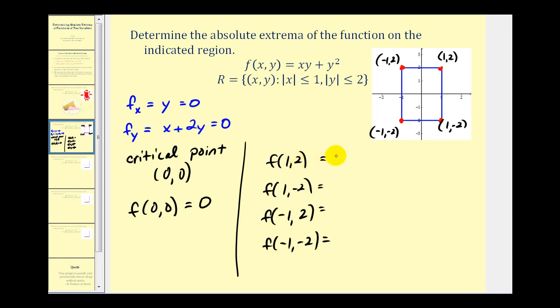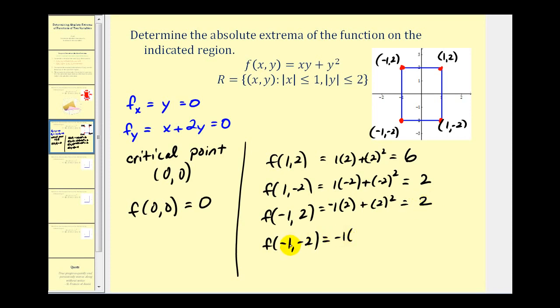So when x is 1 and y is 2, we're going to have 1 times 2 plus 2 squared. It's going to give us 6. When x is 1 and y is -2, we'll have -2 plus 4. That's going to be 2. And when x is -1 and y is 2, we'll also have 2. And when x is -1 and y is -2, we'll also have 6. So now we have 5 function values,